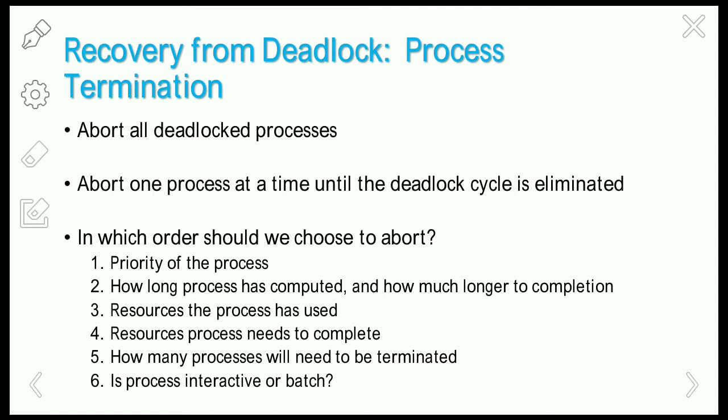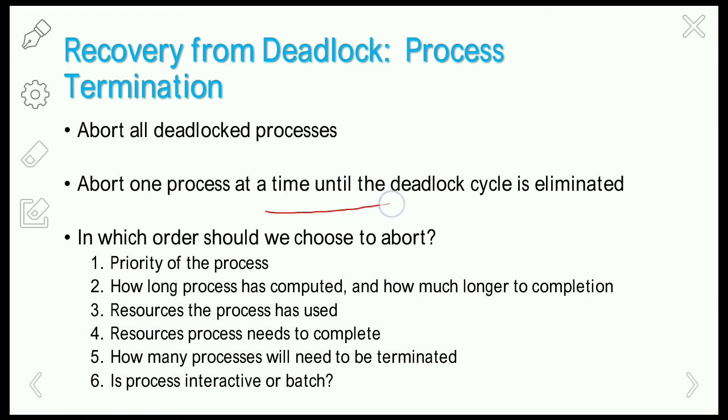First, we are going to see process termination. Process termination is one of the methods to recover from deadlock. We use some methods for the process termination. They are: abort all deadlocked processes. If there is a deadlock in a system, then abort all the processes irrespective of where the deadlock is occurring. It means release all the processes in the deadlocked state and start the allocation from the starting point. And this method is very expensive.